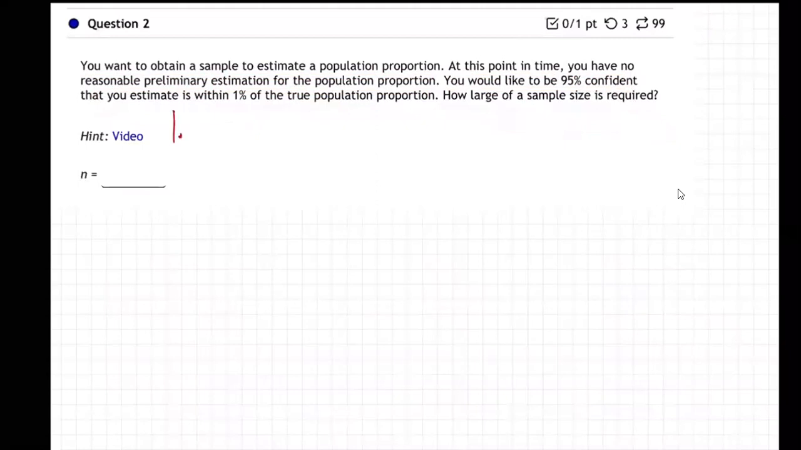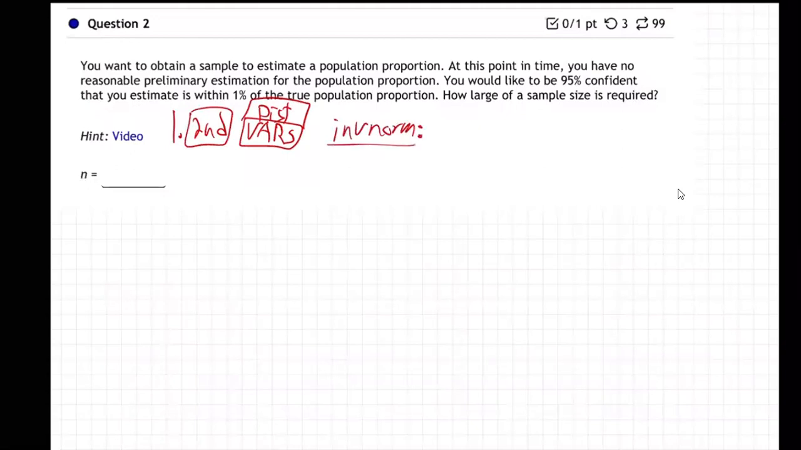So what's step number one? We're going to go second vars, which has the distribution above it, and get inverse norm on our calculator. And then with inverse norm, it's going to say area,